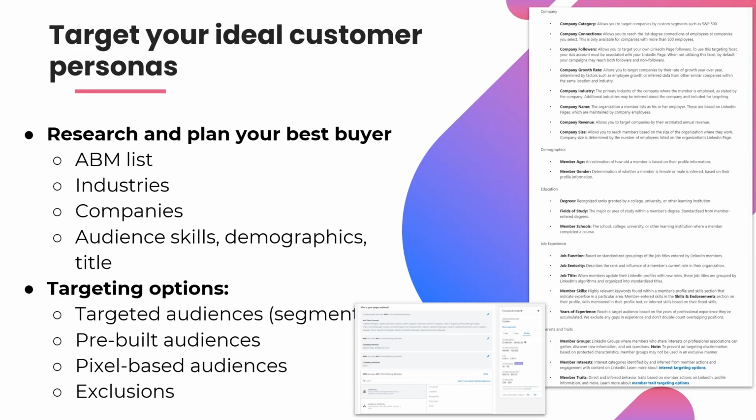You can use targeted audiences. You can segment them. So a targeted audience with segmentation would be like, hey, I want to reach CTOs, but then you organize them by like, hey, I want to reach CTOs that work in finance, or I want to reach CTOs that work in tech. Separate them by industry. You can also segment them by